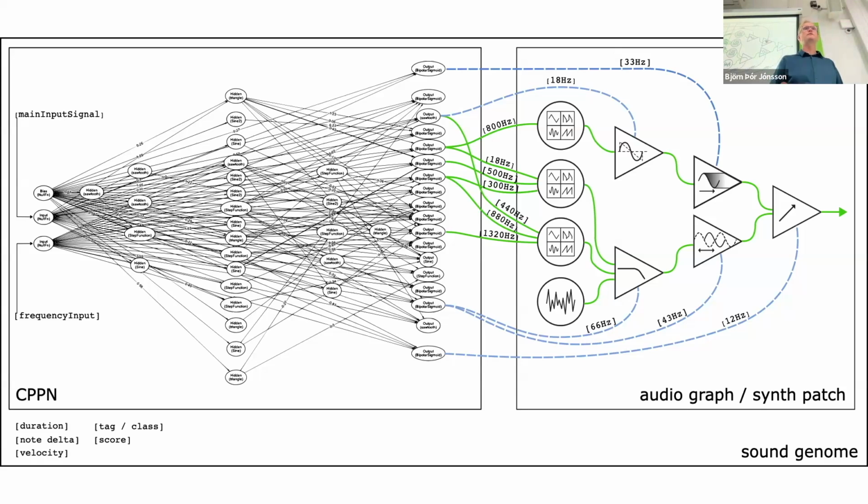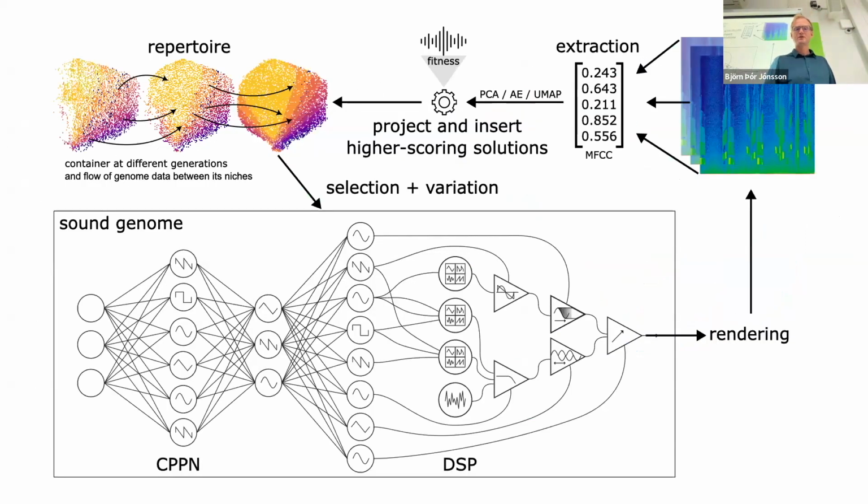Yeah, and this has been compared with DDSP in a way, which I haven't investigated, but I would love to. One idea is whether it would make sense to couple these CPPNs with DDSP. So we would have CPPN plus DDSP as a synthesis approach. But in any case, it would be interesting to try other synthesizers in this evolutionary loop, which I haven't really yet. This combination of CPPNs and DSP offers a vast range of possibilities to explore.